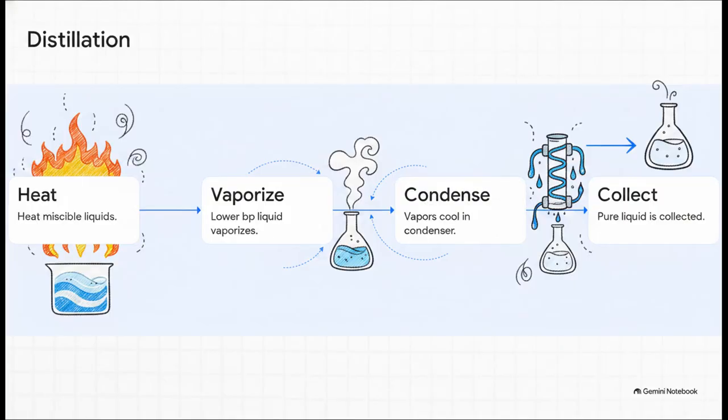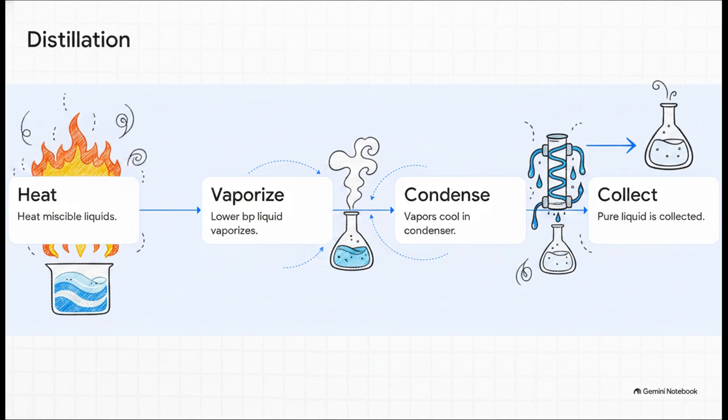Okay, but what if we have two liquids perfectly mixed together, like water and acetone? We can't exactly run that through a coffee filter. Instead, we use distillation. This method relies entirely on the fact that different things boil at different temperatures. We heat the mixture up. The liquid with the lower boiling point turns to vapor first. We catch that vapor, cool it down in a condenser, and collect it as a perfectly pure liquid in a